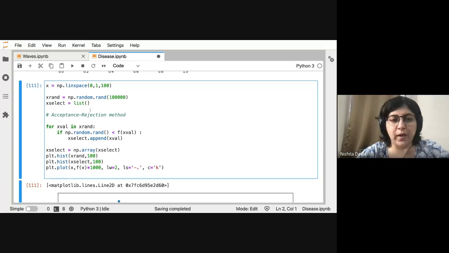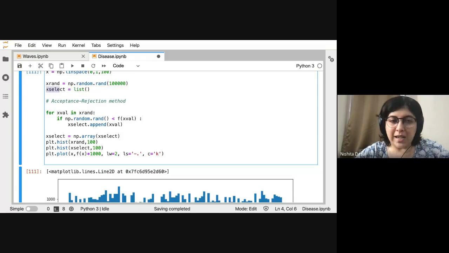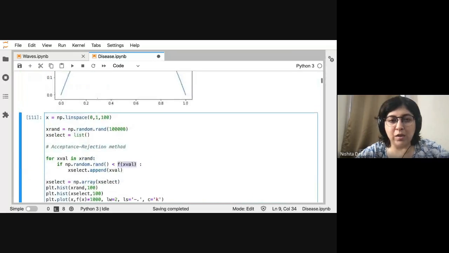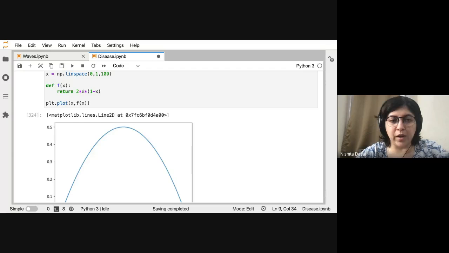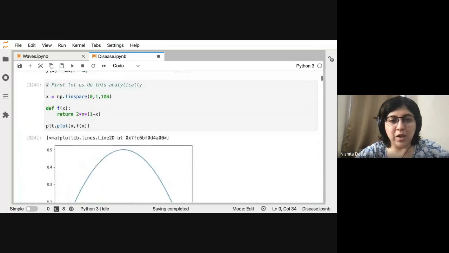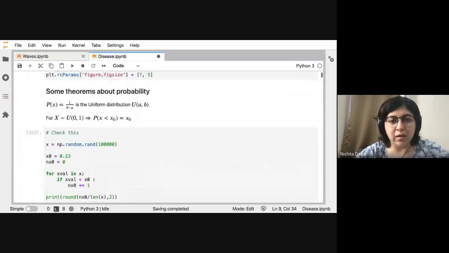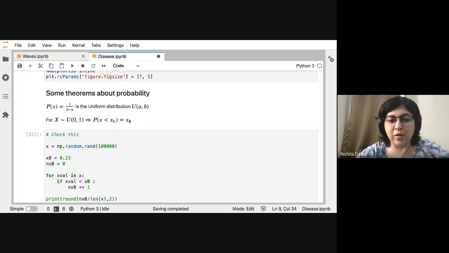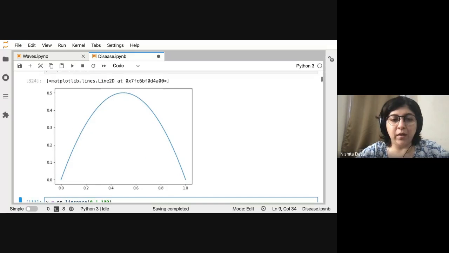So again, I'm choosing 1 lakh, and you only keep the numbers when the function, so this is the function that you want to reproduce, right? f of x, is greater than a random number that you draw. Okay, so this is essentially using this property that we talked about, that the probability of x less than x0 is x0.